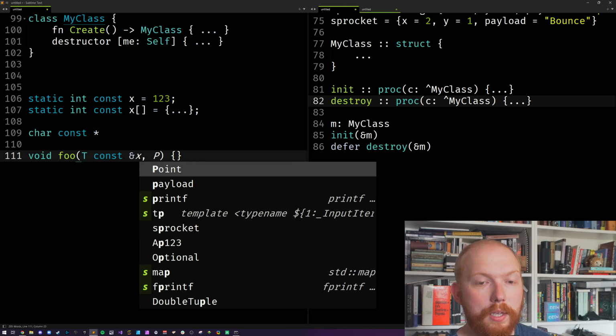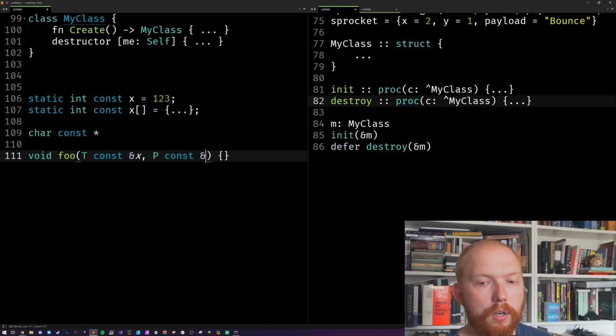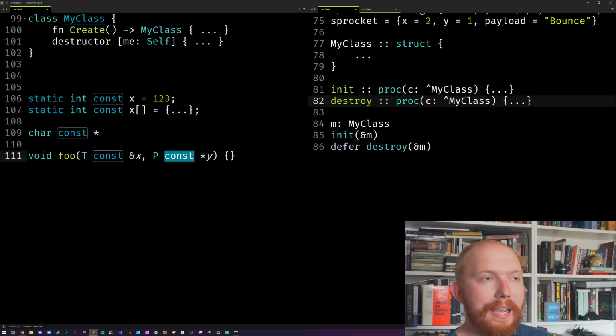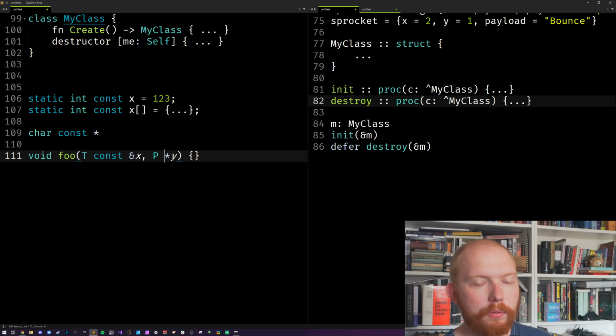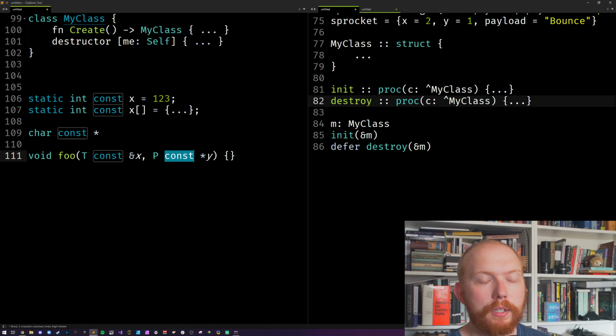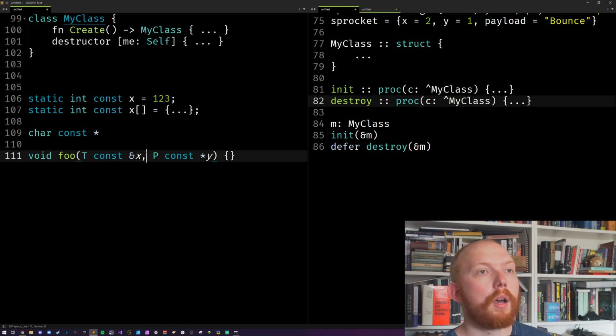So we could say p const star y. If we have the const there, this is saying that this is an input. This would be an output, or an input in-out value. It's very hard to tell in this, but it's an input or an in-out value at least for that. So the const tells you it's an input. Those are the three main reasons most people use const, I would argue, in practice.